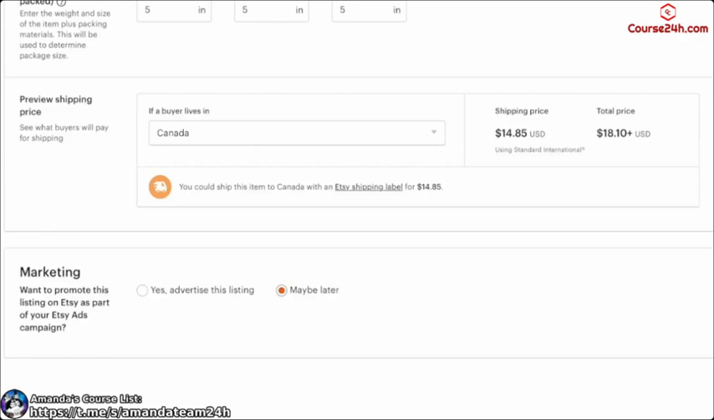And then at the very, very bottom, it says marketing. They kind of sneak this in. Do you want to promote this and advertise it? I always say maybe later. You do not want to start clicking yes, advertise here, because sometimes it can slip away from you and you can forget that it's turned on, and you don't want that to happen because of the way that Etsy ads work,